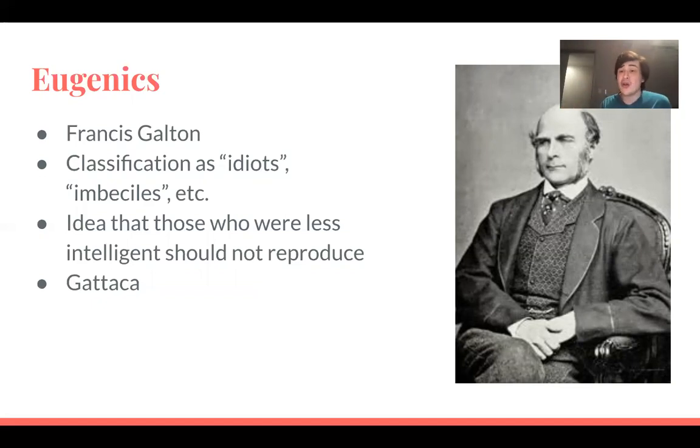But it did gather a lot of following in the late 1800s and early 1900s, based on the fact that people thought, well, we want our society to be as good as possible, and in order to have more advancement, we need to have people who are more intelligent. And so in order to do that, you need to take the people who are less intelligent and eliminate them from the gene pool. Again, a terrible thing. But that was a popular view at the time.